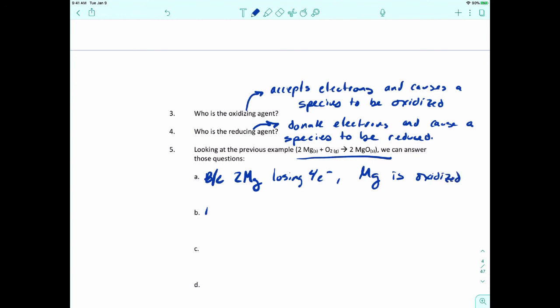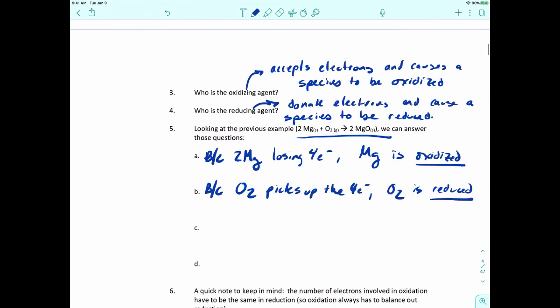And because O2 picks up the 4 moles of electrons, O2 is reduced. All right. So those 2 are the easiest to answer right off the bat. Now, the next 2 are the more difficult ones. So if we're trying to answer the oxidizing agent, it accepts the electrons. Okay, so who accepts the electrons? In this case, it's the O2. The O2 picks up the electrons,